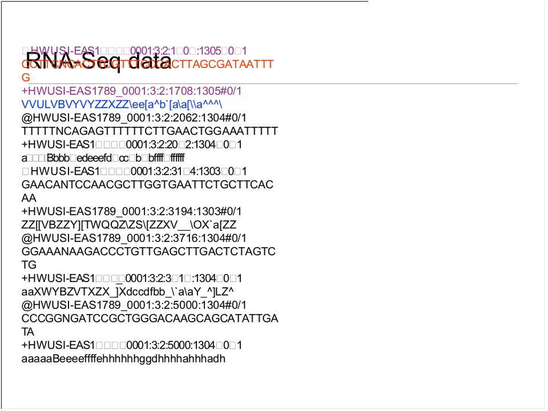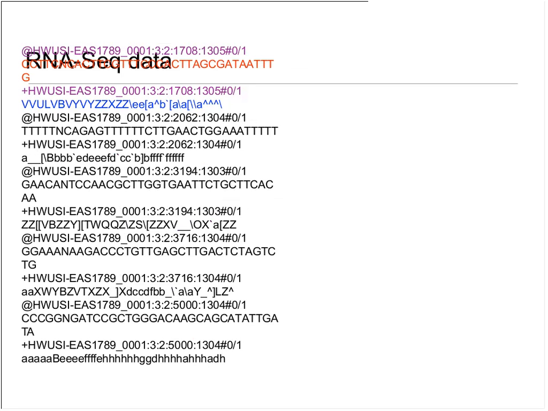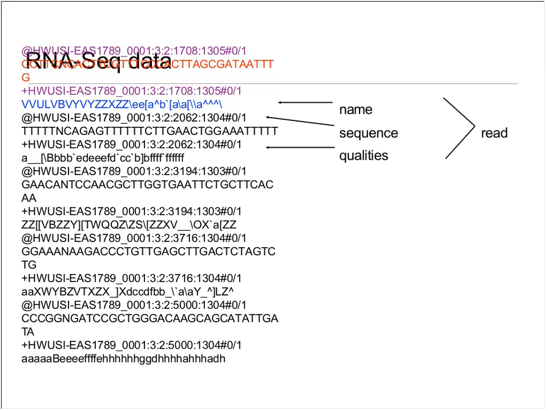Okay, I'm sorry. So this slide is also a little bit garbled. This was supposed to show a piece of an actual data file. It's a FASTQ file that contains a set of reads from a single RNA-Seq experiment. And in these files, each read is represented by a number of lines that give you the sequence. There's a name identifier, and there's also a quality score string, which is basically the sequencer's way of telling you its confidence in the base calls that it made at each position within each read. And each lane of, say, Illumina technology might give you 20 to 200 million reads in these files.